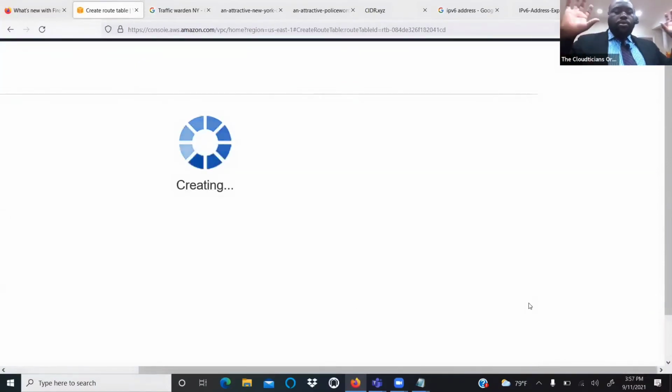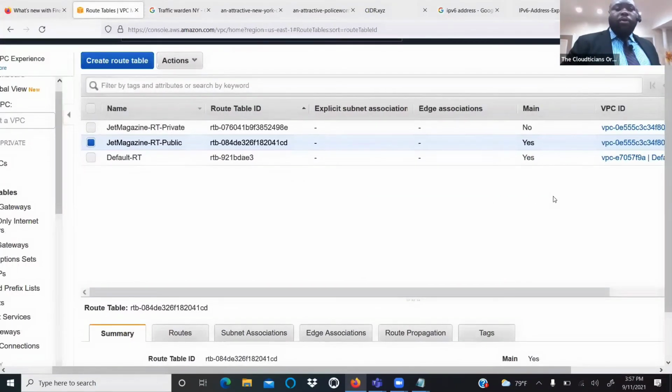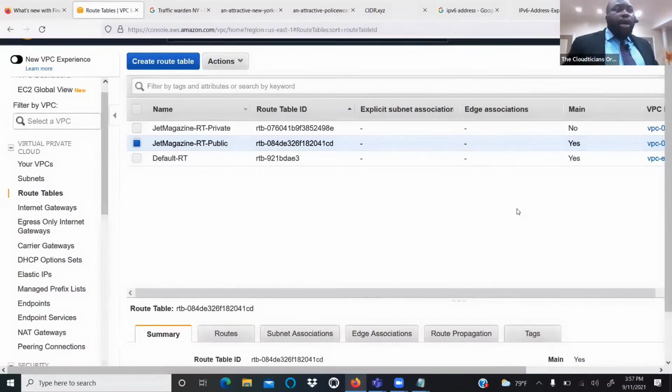Then create. It took less than 30 seconds. This is not rocket science. Most people don't pay attention. That's why they get lost. And they think like you're teaching Greek. No, I'm not. It's a robo. I'm teaching. So now